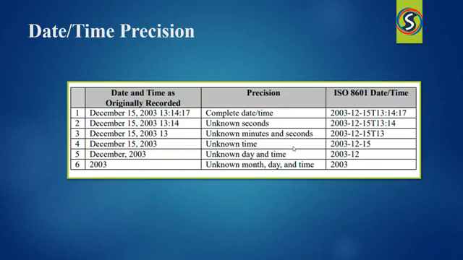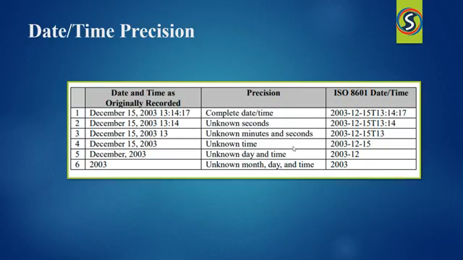And whenever you have unknown seconds, what is the scenario you are going to represent? Then the colon after your minutes as well as the seconds are missing. Coming to your unknown minutes and seconds, it's represented in the same format till your hours, that is 13. And unknown time, when there is no time component, then you will just represent your date as 4-digit year, hyphen, 2-digit month and 2-digit day.